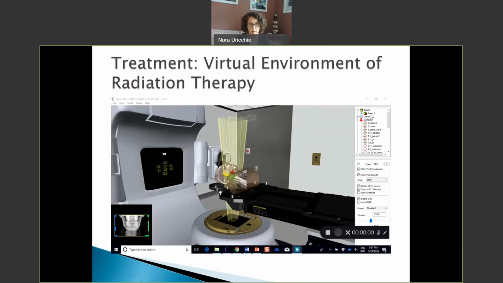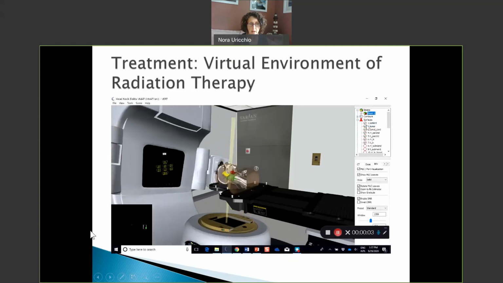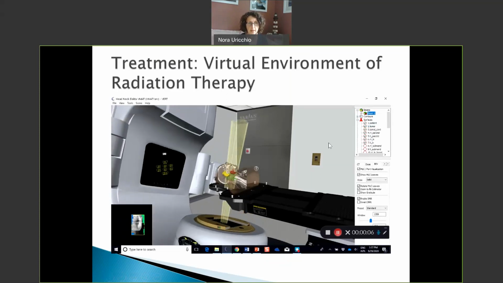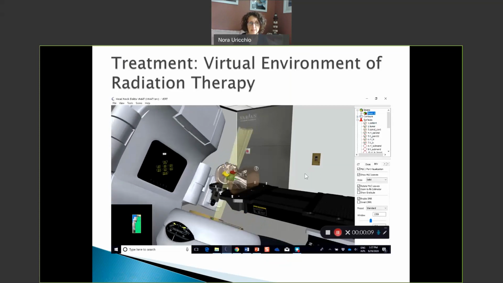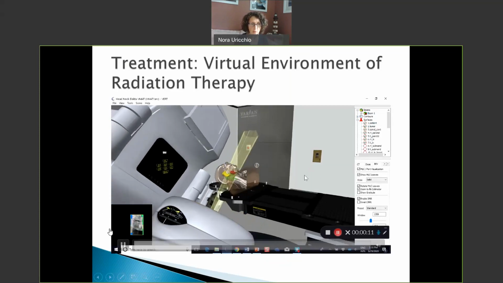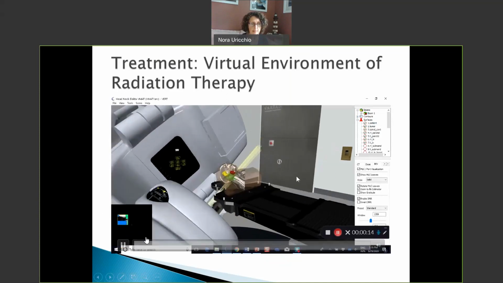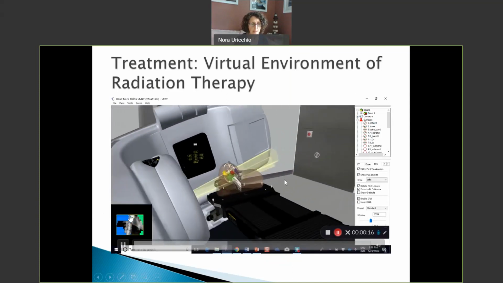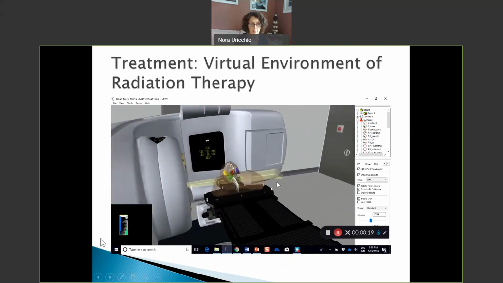What I'm going to show you now is a sample of our virtual environment of radiation therapy. This is an amazing tool that we have on campus that literally is the virtual environment, has the same controls that we have in the clinical setting. In this particular treatment, you will see in just 1 minute that the actual radiation beam is moving around the patient. And we can actually see that that beam is changing, and you can notice that in this square here, we can see the anatomy. The blue and the green are representing what the area is that's being blocked.